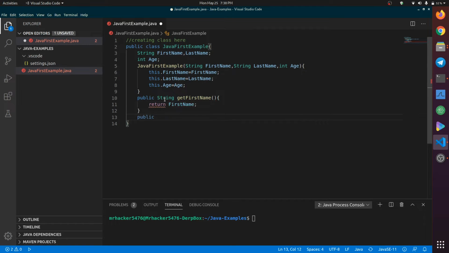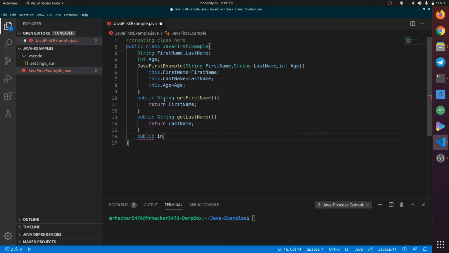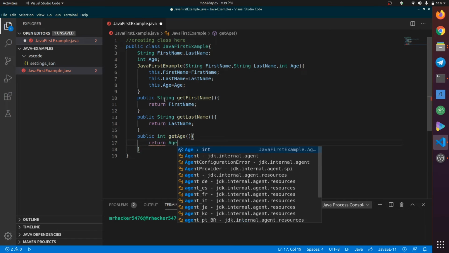Another getter method, getLastName, which will return lastName, and public int getAge. This should be small, yes, that will say return age.